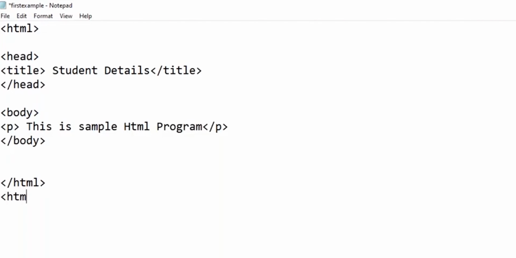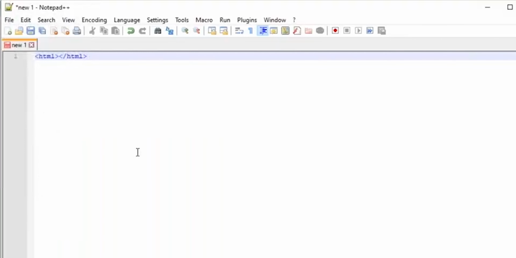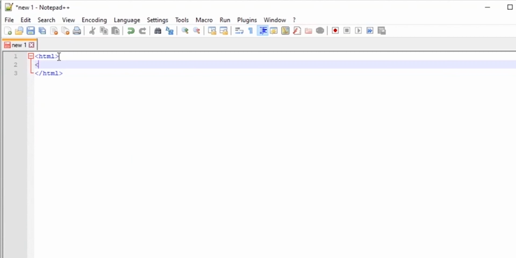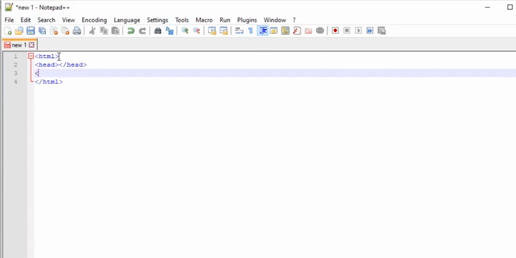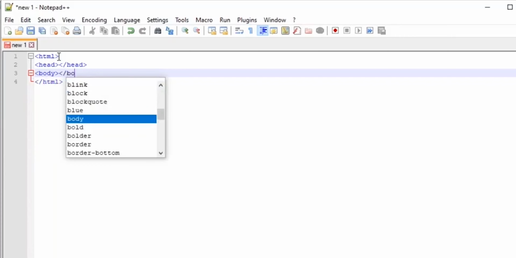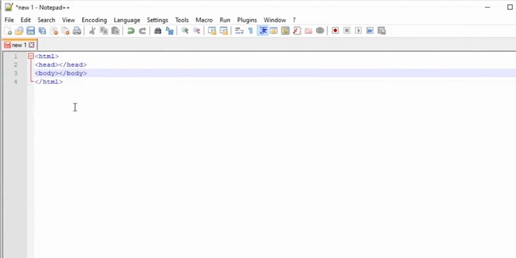That's why you can go for advanced code editors like Sublime Text or Notepad++. See this one, here also you can search for the head tag, close head tag. Similarly, open body tag, close body tag. So you can write like this.